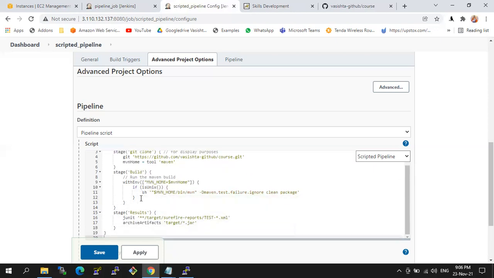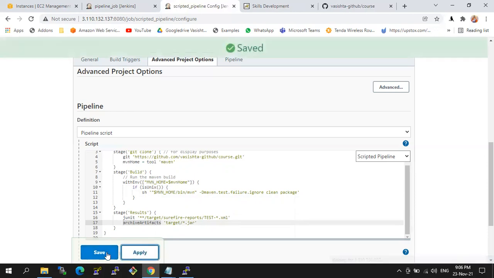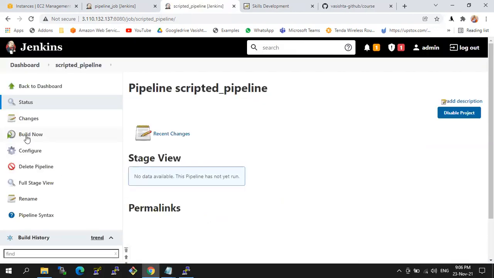So next one, test stages. You can keep this or not, not a problem. Archive artifacts: we have already done this part, right? The previous pipeline script. So simply apply, save. Now if you run this,